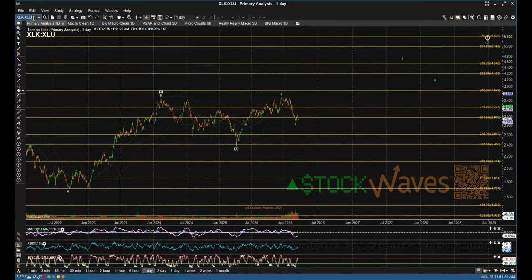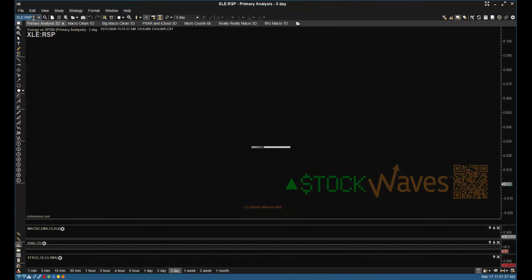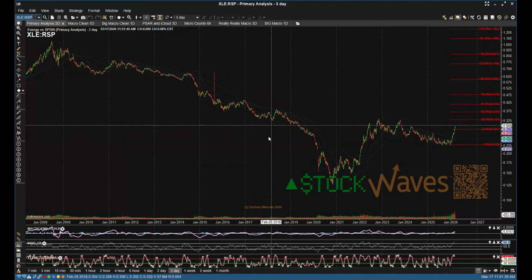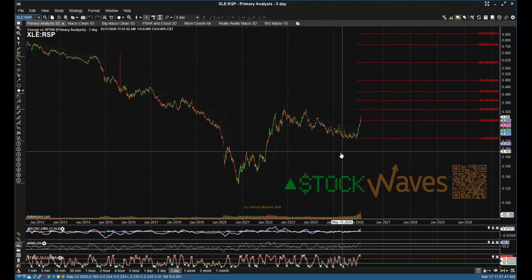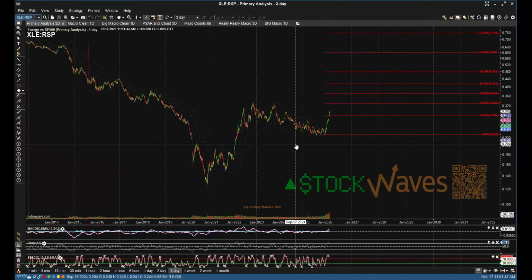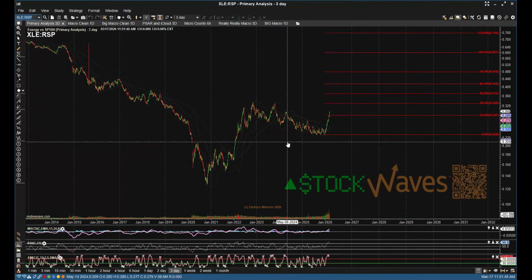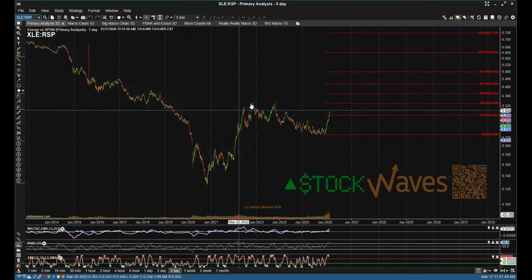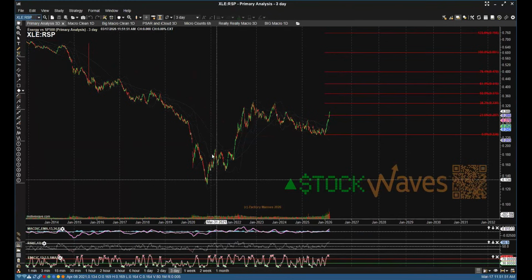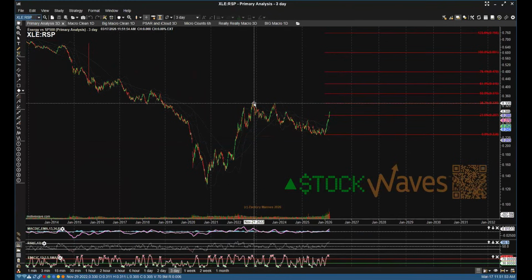One last chart that I thought we would take a look at is the XLE versus RSP. So this is going to be, I don't know why it wouldn't let me do the SPY when I was trying to set this up. It's probably just a glitch in Motive Wave. But I actually like the way that it looks as the equal weight version of the market, the RSP. So a lot of our